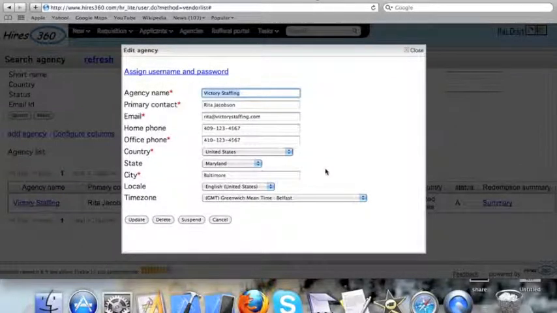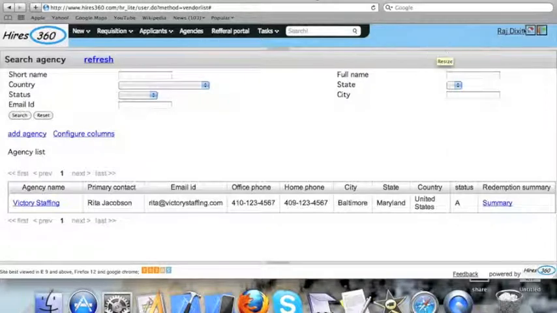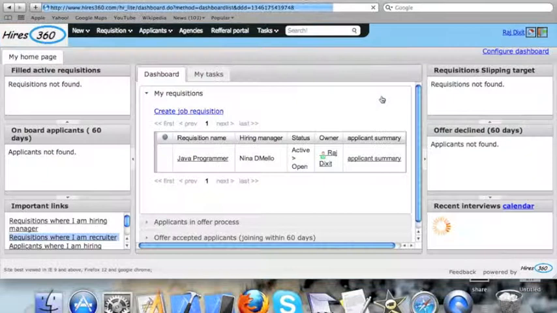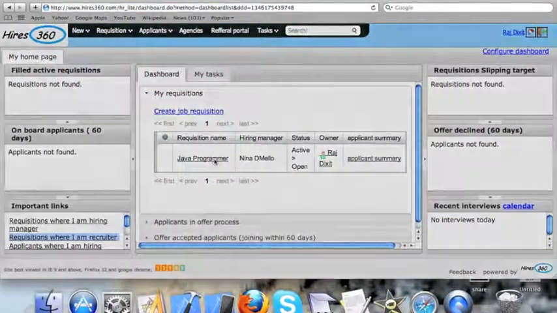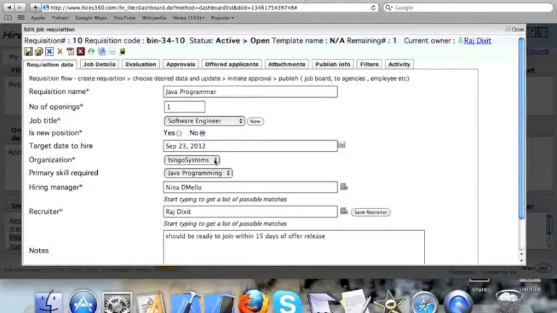Here, we have an agency set up in Hires 360 for Bingo Systems. Let's go back to our requisition and assign this job to the agency.